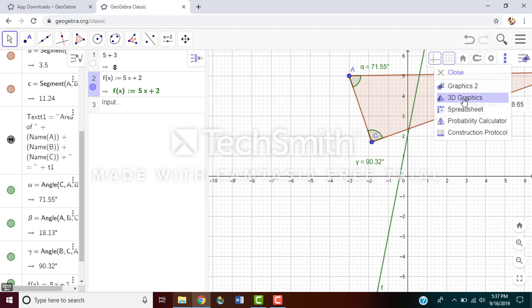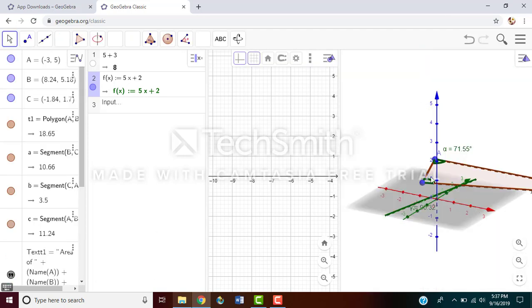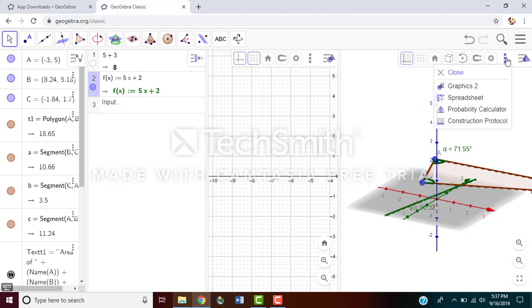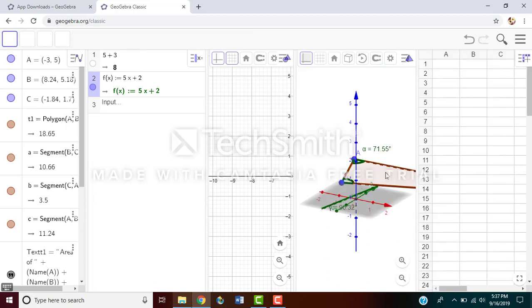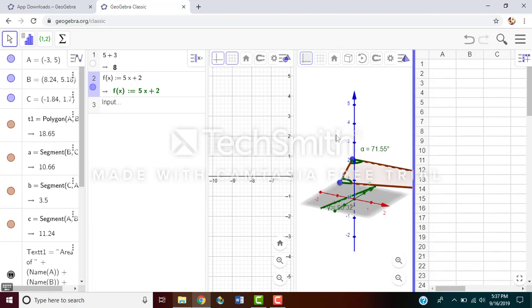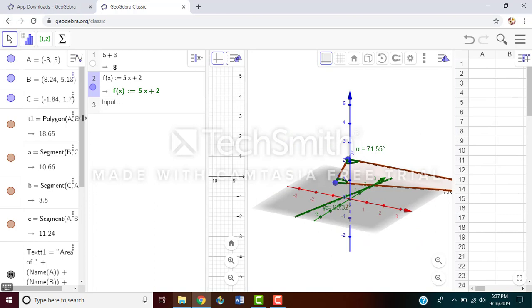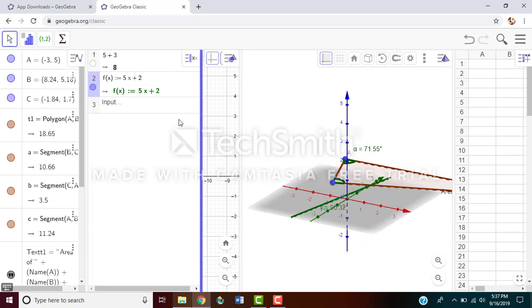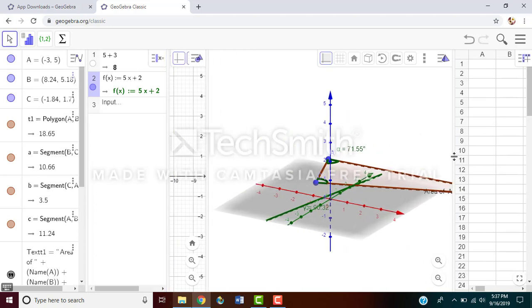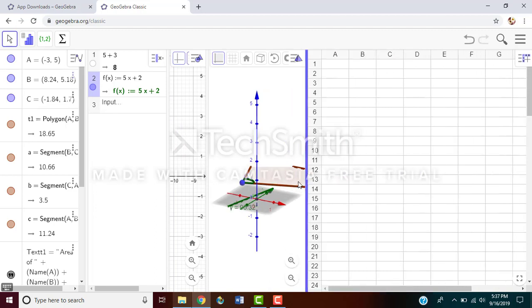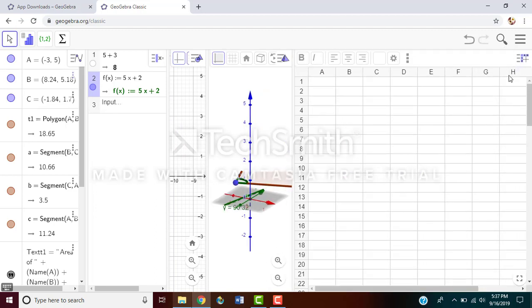We also have 3D graphics, and it will graph everything on a 3D plane. We can do a spreadsheet, and it'll bring up the spreadsheet here. And as you can see, it does everything in columns. So you have your history, your calculator, the graph, the 3D plane, your spreadsheet,